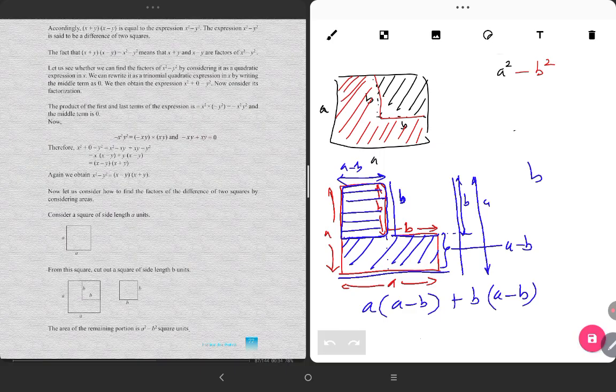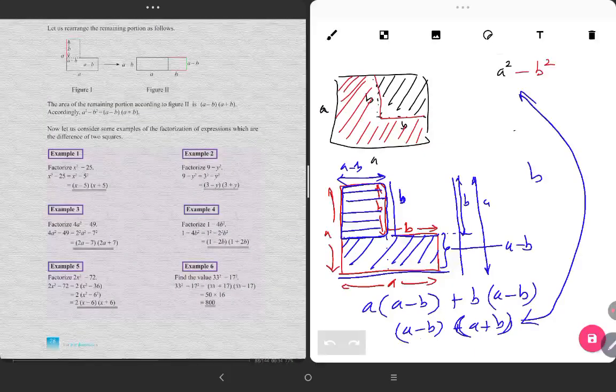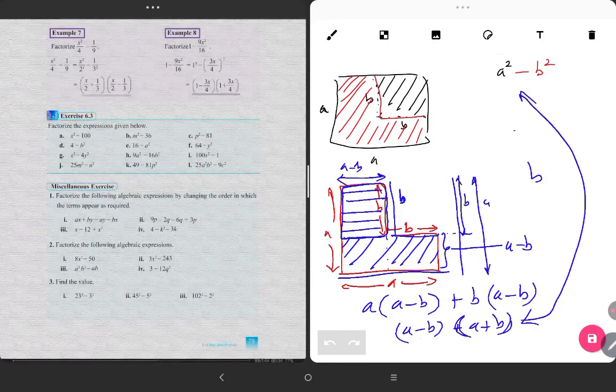And the addition of these two is the area. And this, we know there is a common term, a minus b, times a plus b. Sorry, it is that, which is the same as this then. That is how we prove it geometrically, right? So likewise, if somebody gives you a question as to, let's say, this